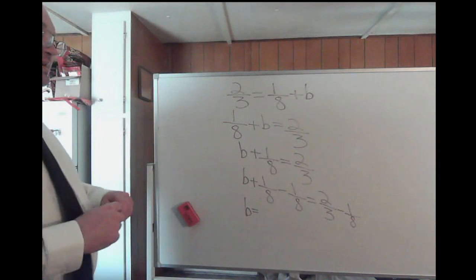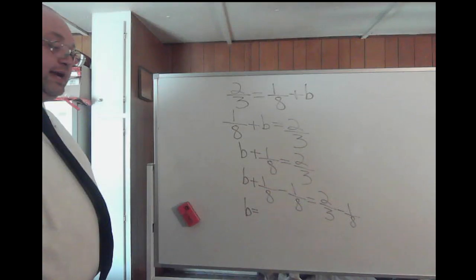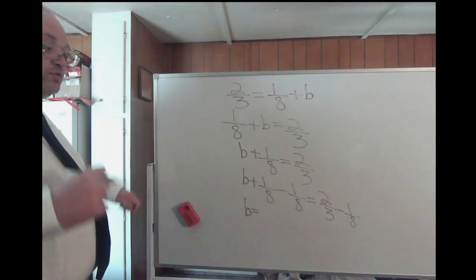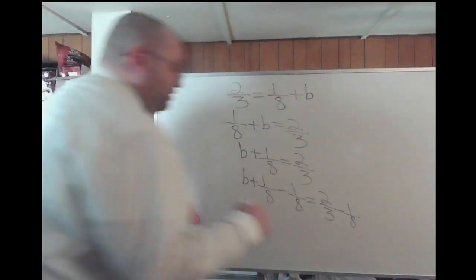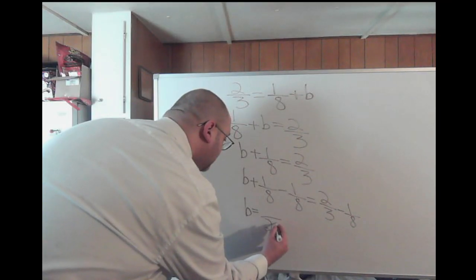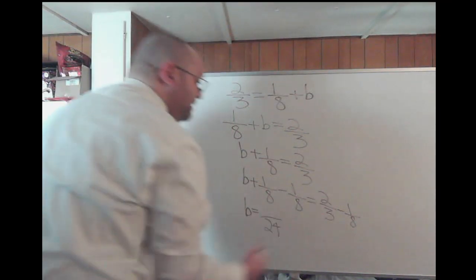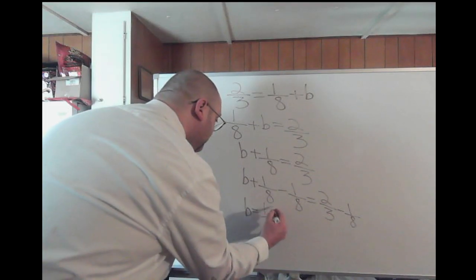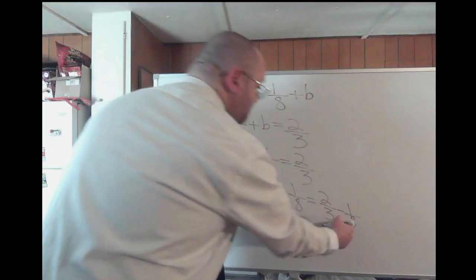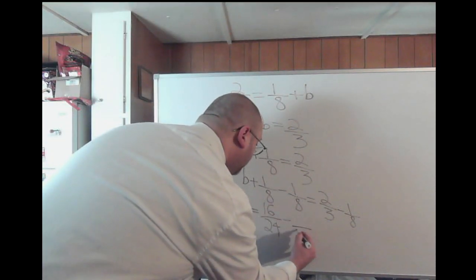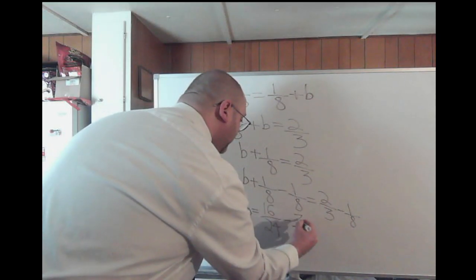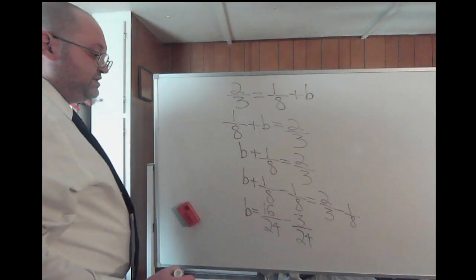Well, we need to get a least common denominator of 3 and 8 in order to be able to subtract this. The least common denominator of 3 and 8 is going to be 24. So in order to make that 3 into a 24, you got to multiply by 8, which means you got to multiply the numerator of 2 by 8, which will give you 16. So you'll have 16 24ths minus, now you need to convert that 8 into a 24, which means you got to multiply by 3, which means you multiply the numerator of 1 by 3. So now you have 16 24ths minus 3 24ths,